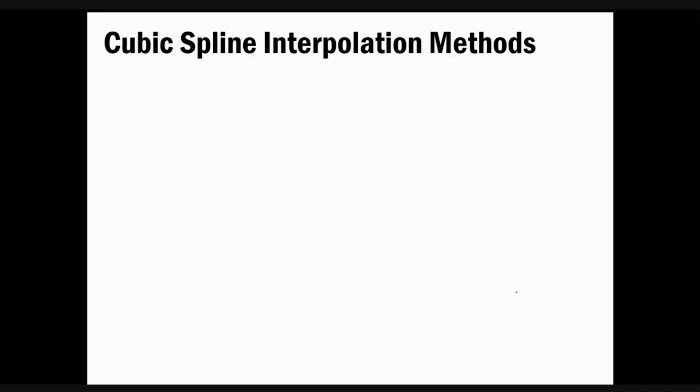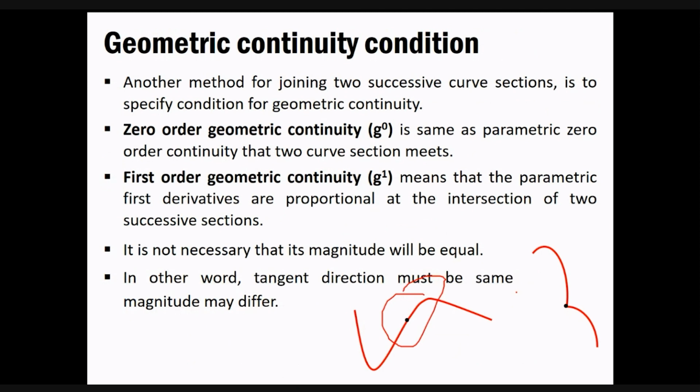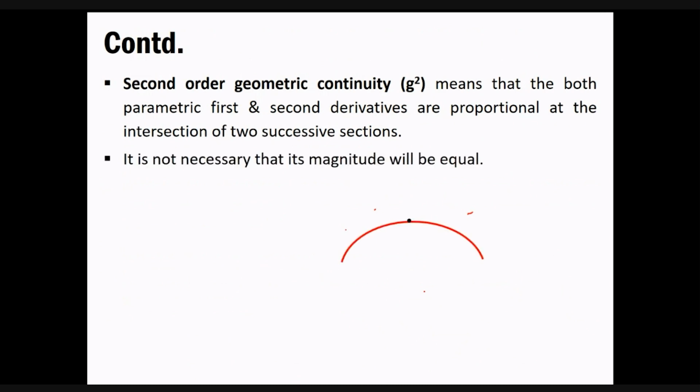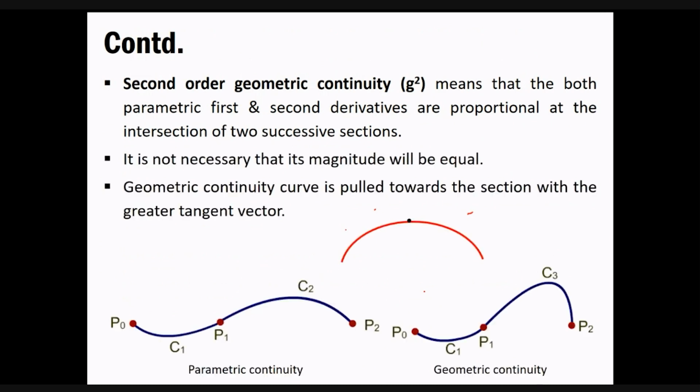In one case, you just have to keep one thing: the magnitude will be equal, and based on that the first order derivative and second order derivative where they meet will be equal. Another says it is fine if they are not equal, but it will be dependent on the tangent vector. If the tangent vector or the tangent direction is the same, then it will go in that particular direction without distorting the shape. So that is the basic thing, and similarly you have to go with the higher order derivatives.